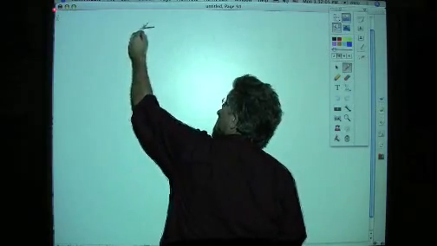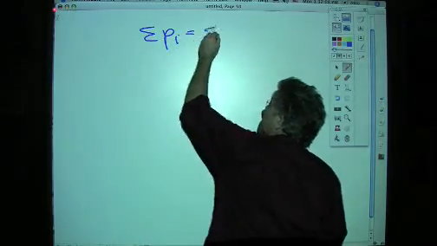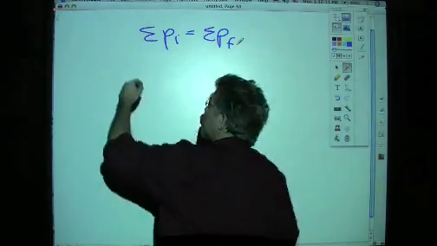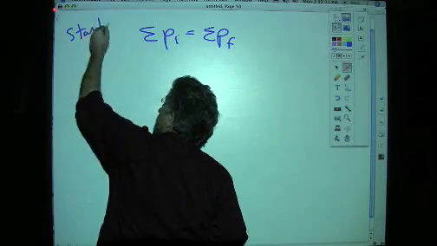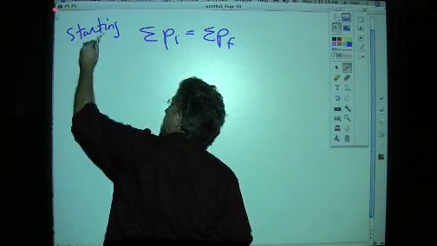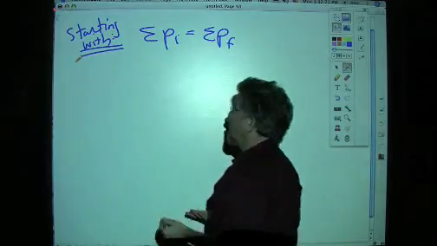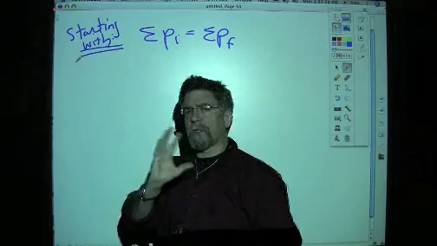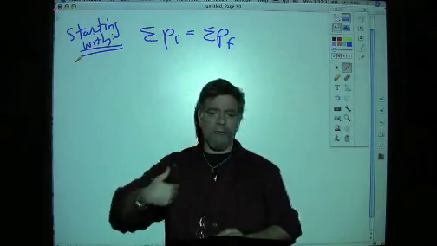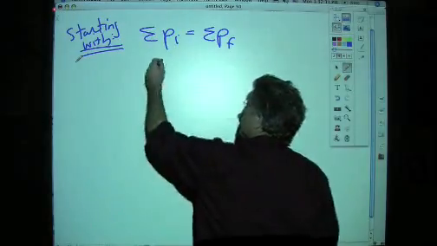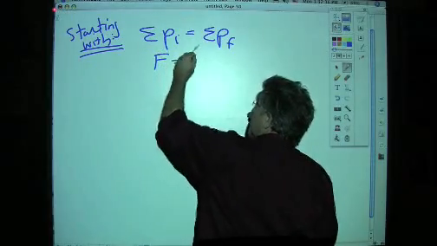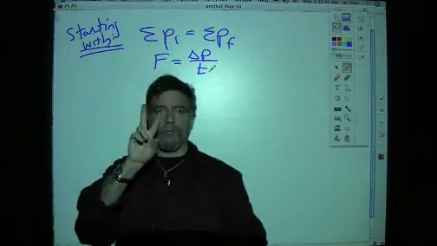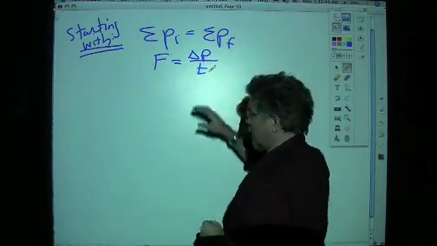But we did know that, so starting with the summation of p initial equals the summation of p final, and I believe that p is impetus. I believe that may be Newton's symbol. So we're starting with these, and the other thing, of course, is Newton's second law. Newton was interested in how force is involved in these. He already knew this: F equals change in momentum over time. So that's his law, and we're going to use those two as our starting ideas and work our way down